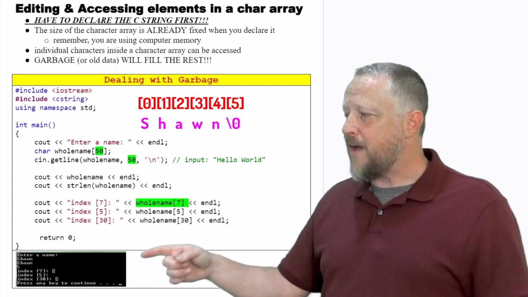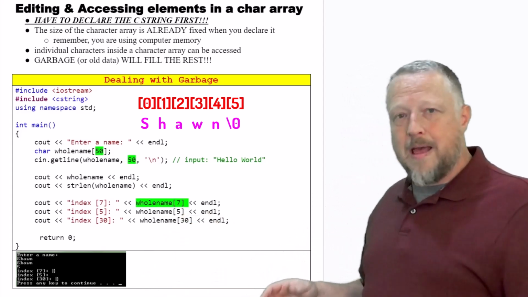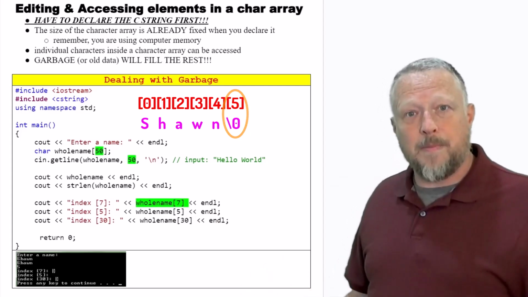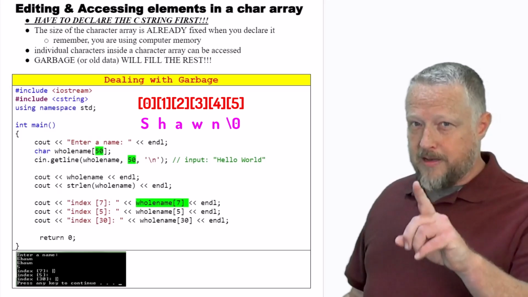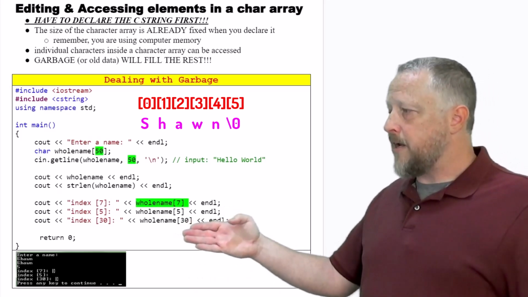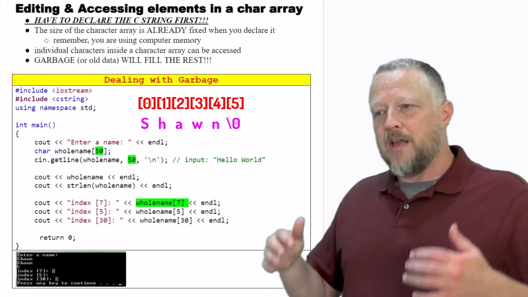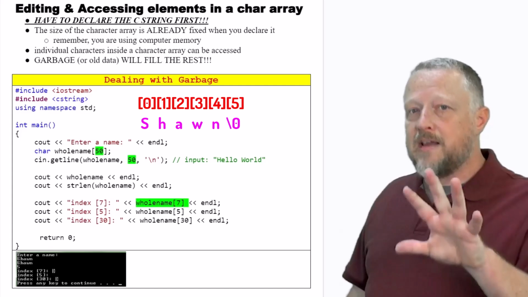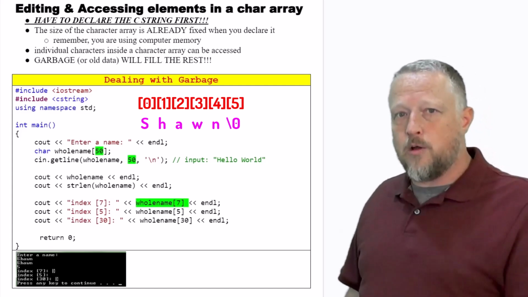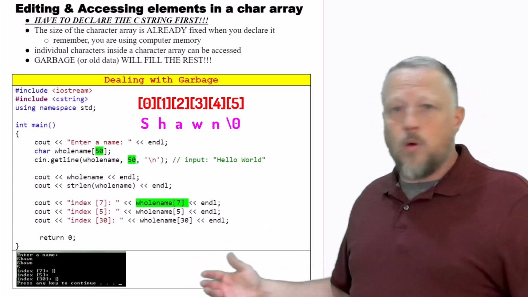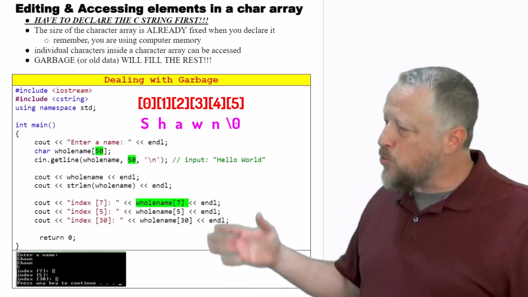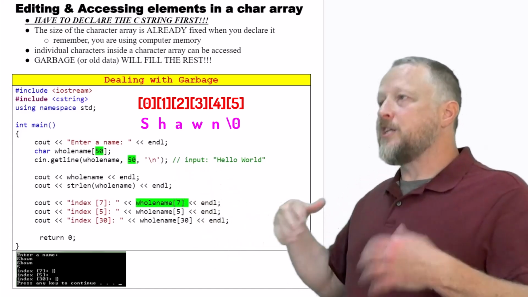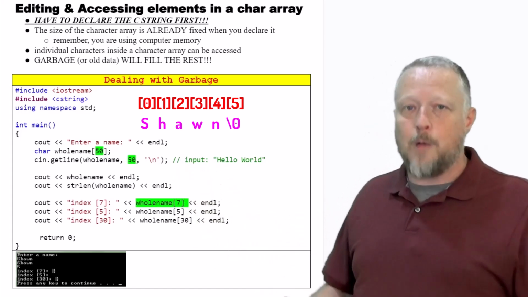At index 5, remember, it actually should be that \0, right? But it doesn't show up, does it? It just shows up as a space, doesn't it? Interesting thing about that \0. And then at 30, there was garbage in there. If we're not using that spot in the array, very similar to what we had in arrays of integers, doubles, and floats, it'll be garbage, or what was left from before. That's why it's really important to be safe with this cin.getline, especially because of that \0 helps us,